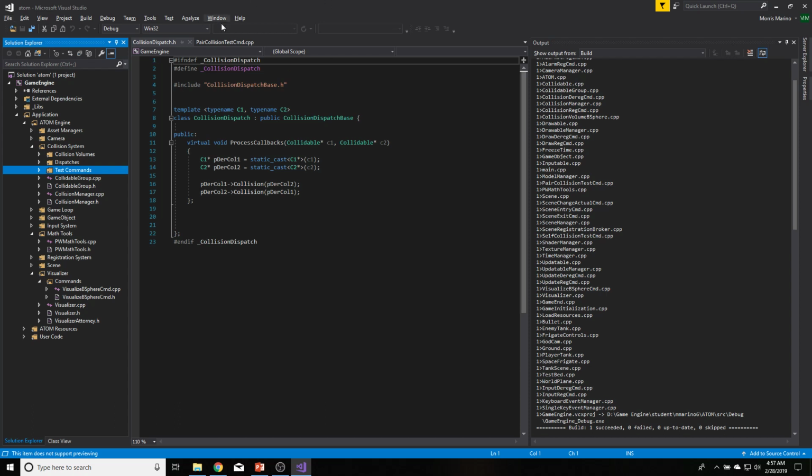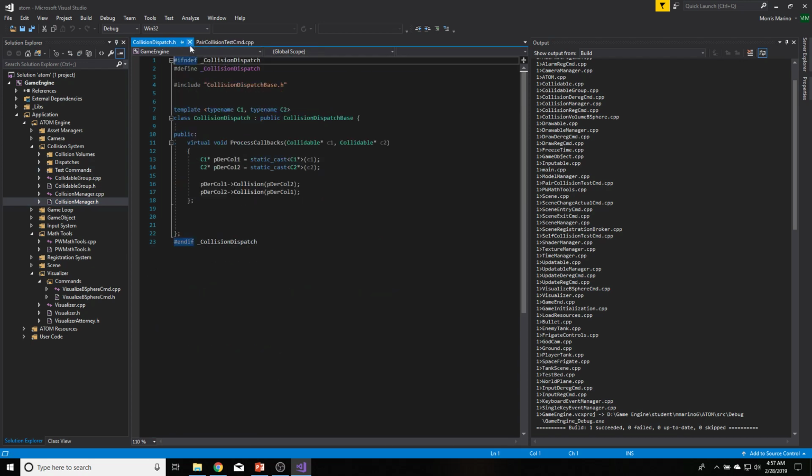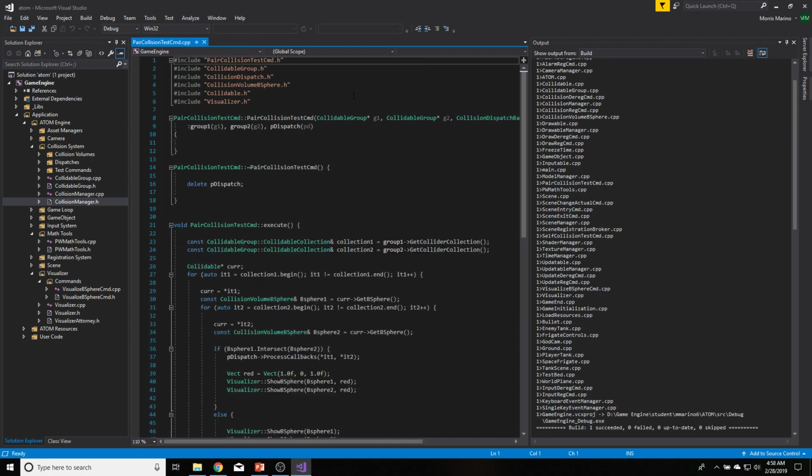I've got the collision system working now after solving the include loop. Turns out the collision dispatch had an include to collidable that it didn't need, and dispatch is included in the collision manager, which is included in collidable. So, ergo, a loop. Took me a while to figure out how to solve that one, but I got it in the end. Right. So as for this week, we got the